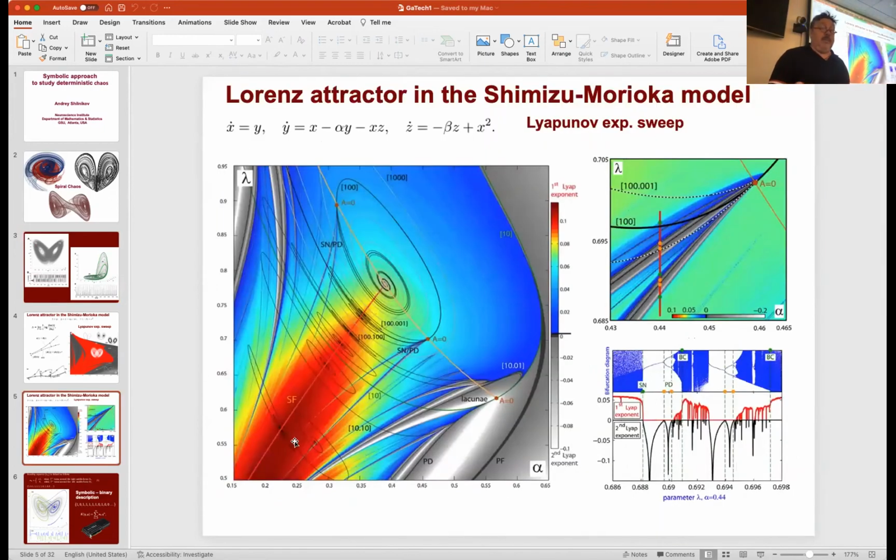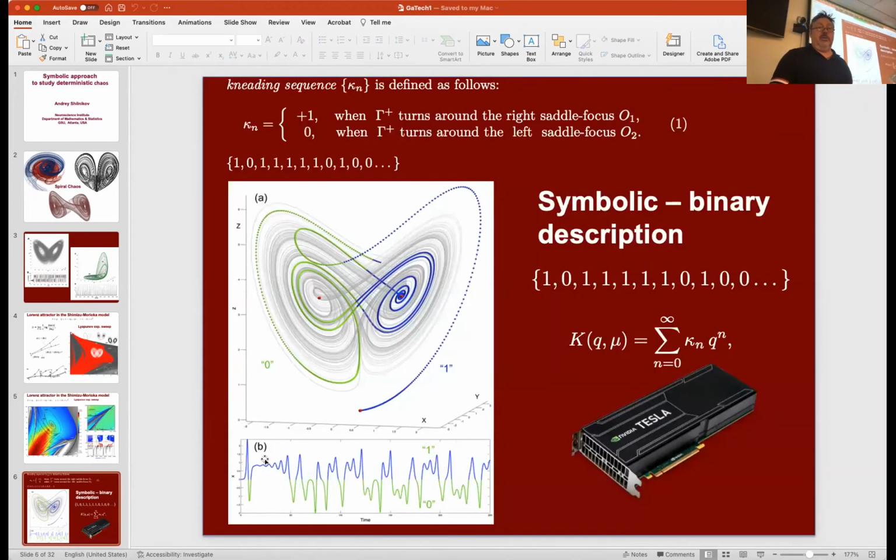But still there's room for improvement in terms of the Lyapunov exponent, right? If you refine the accuracy of the Lyapunov exponent, you will see that I have chaos in this region, which is light blue, which means it's a cold chaos. And then chaos becomes really hot in this area. Why is that? We're going to answer why it's a hot chaos in this area, and you will see that in a second. Okay, so then I go back to the slide to introduce the symbolic description using ones and zeros,